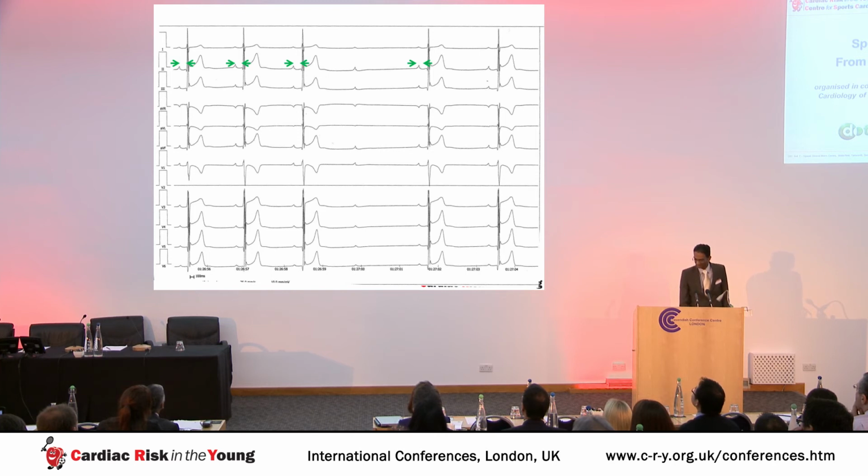I've marked with dual green arrows. These are all equidistant from each other, just to show you that the PR interval for each of these is relatively constant, and perhaps, if anything, the first return beat over here has perhaps a slightly longer PR interval. That in itself essentially rules out Wenckebach or Mobitz 1 block.